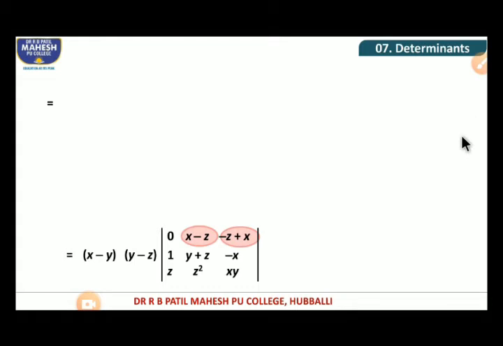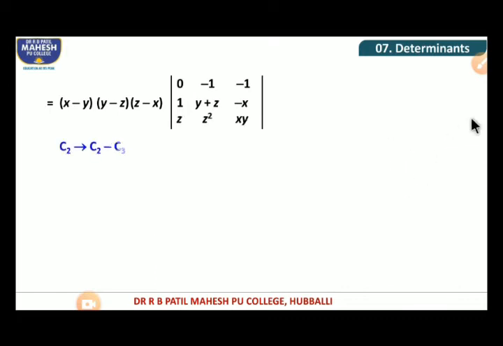meaning we need the term z minus x, so that here we can take it as (x minus y) into (y minus z) into (z minus x), because we need the term z minus x, so that here it becomes minus 1, meaning the remaining term is minus 1. Here also the remaining term is minus 1. Therefore, after taking z minus x common, 0, minus 1, the second row and third row as it is, and we can do the operation C2 minus C3, because we can make it 0 here by adding these two columns.